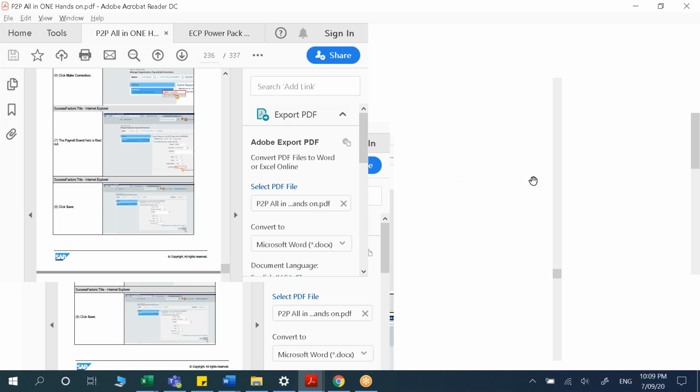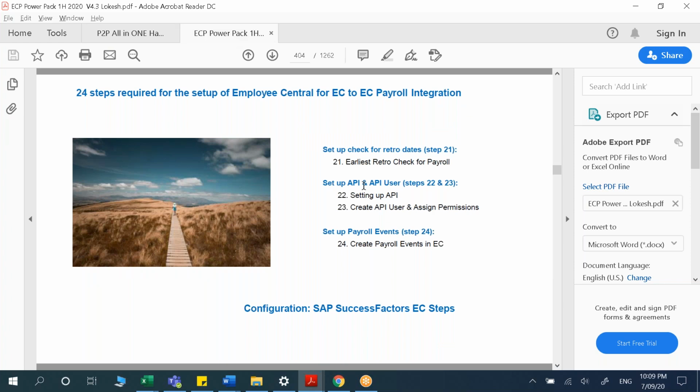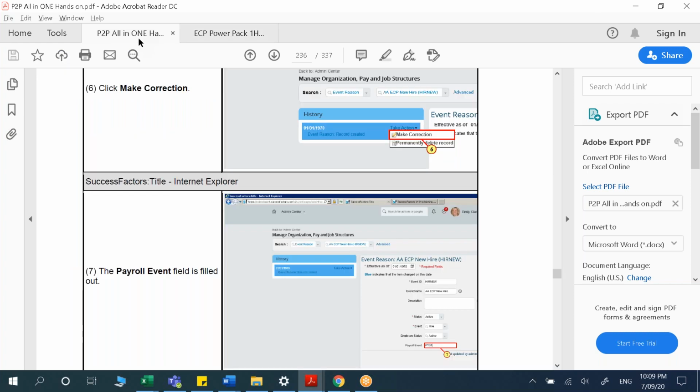So in the P2P all-in-one guide, that is for your hands-on. And I have prepared an Excel just today in the morning. I woke up in the morning and prepared one documentation especially for this P2P. Okay, P2P all-in-one, not this one. Hear me out, please. That one is fine. You share it with me whenever you finish it completely or properly.